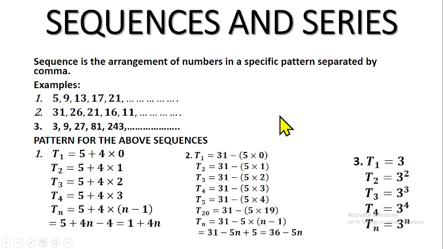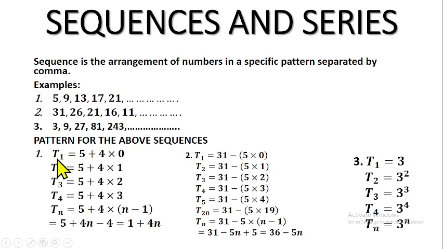So if I ask you to give me an example of a sequence, you should be able to give me one. So 1, 2, 3, 4, 5, 6, 7, 8, 9, 10, and so on is a sequence, because the numbers are arranged in a particular pattern. Now, why do we have this here? I just want you to understand that these numbers are not arranged just anyhow, but there's a pattern to which these sequences are arranged. That's why I want to show you this, so as to validate the definition of a specific pattern. So let's look at the first one.